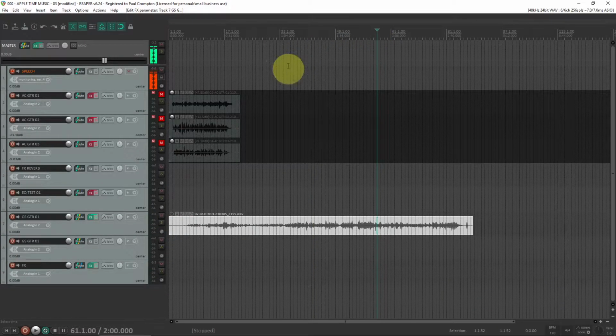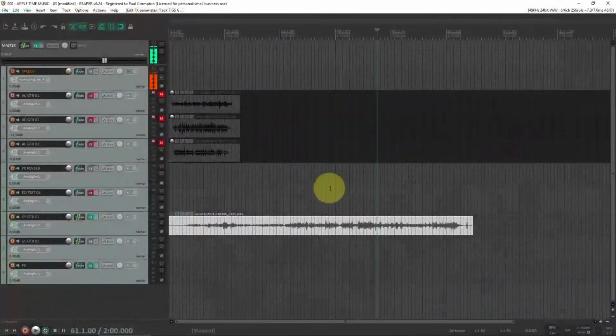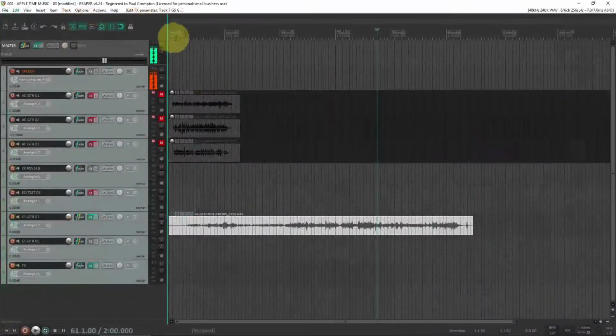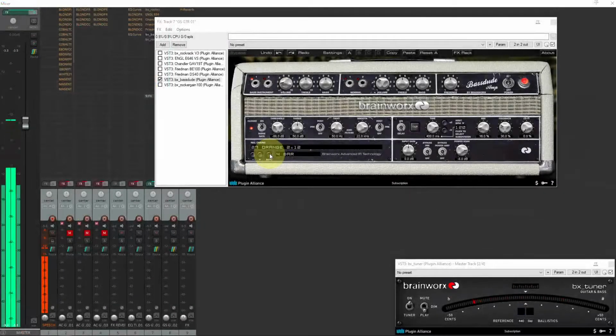Now the thing I'm doing with this is I've just turned off the auto changing thing. So I went through that playing with different sounds, and that probably influenced how I played. So if I was actually to play this from the beginning and hopefully get it right, I'd probably start playing it and put this on auto. So if I put this on auto now and play,